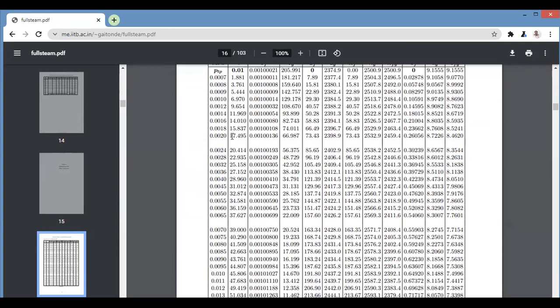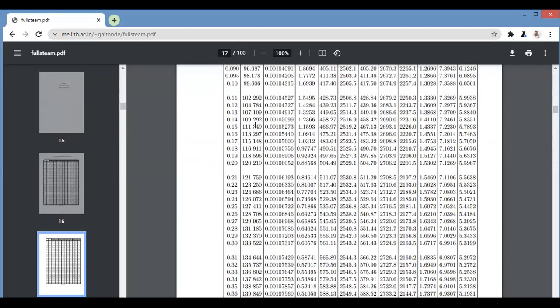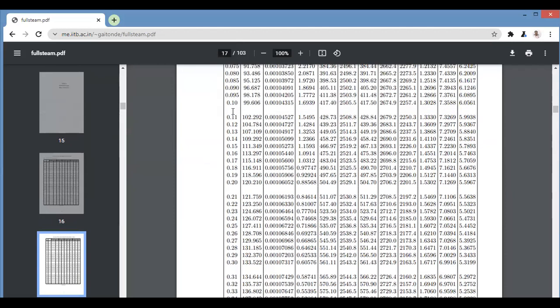Okay, so for example, we talked about the pressure which is equal to the atmospheric pressure, which is closer to 0.1 megapascal. So at 0.1 megapascal, you will find that it is approximately 100 degrees centigrade. The boiling point of water at atmospheric pressure is 100 degrees centigrade. To be exact, at 0.1 megapascal, which is 1 bar, it would be 99.6 degrees centigrade. At 1.013 bar, it would be 100 degrees centigrade.